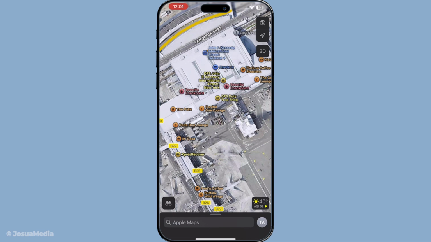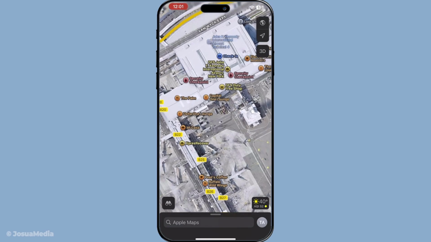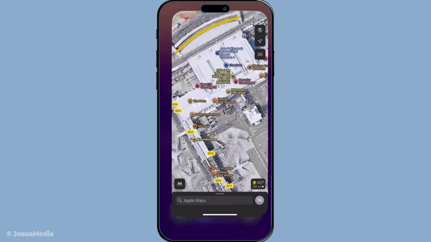To recap, open Apple Maps, tap your profile icon, go into offline maps, select your downloaded regions and confirm delete map. It's a quick way to clear out old data and make sure you're seeing the most current map